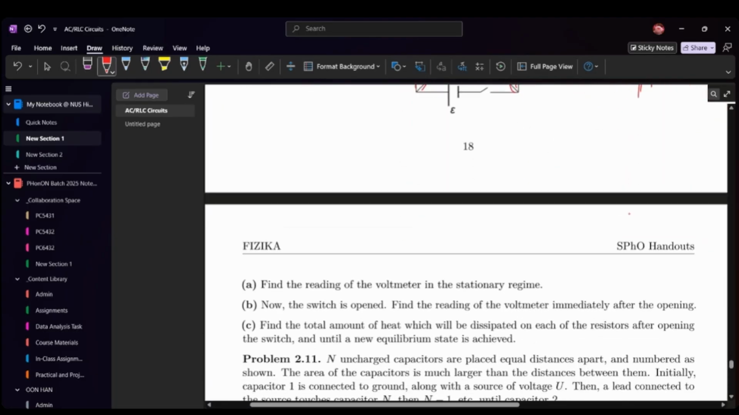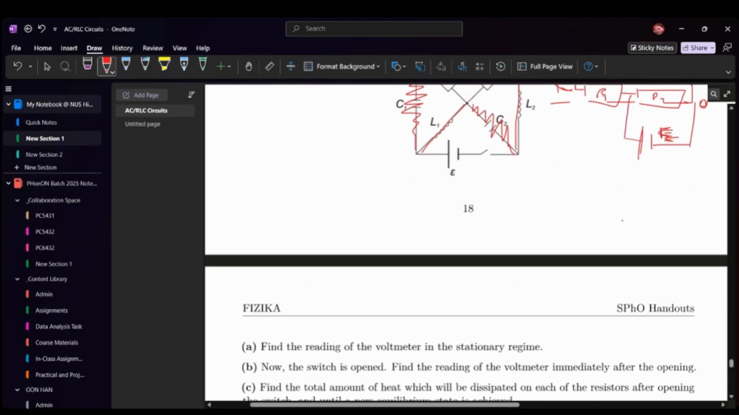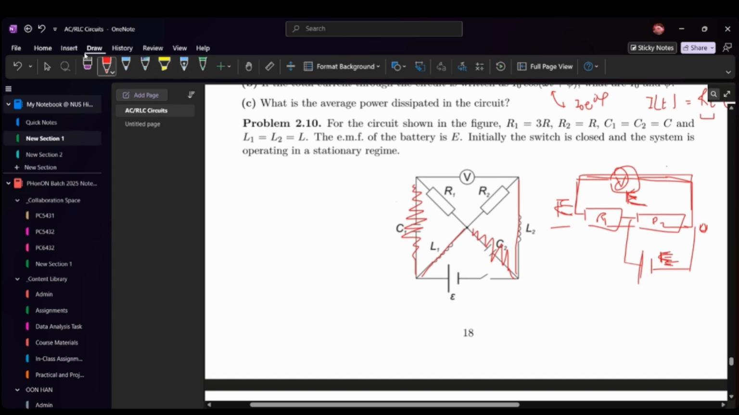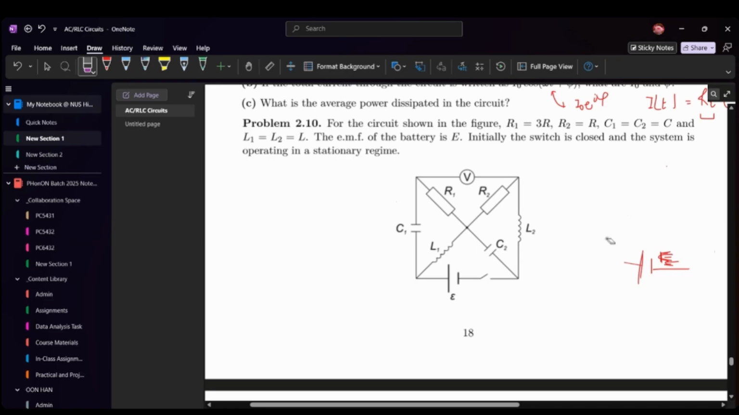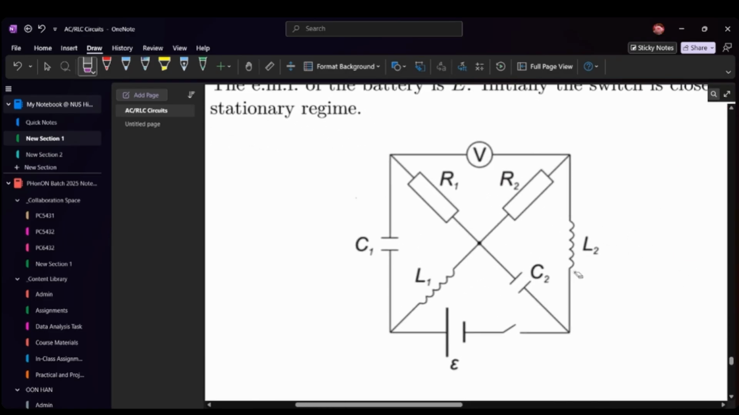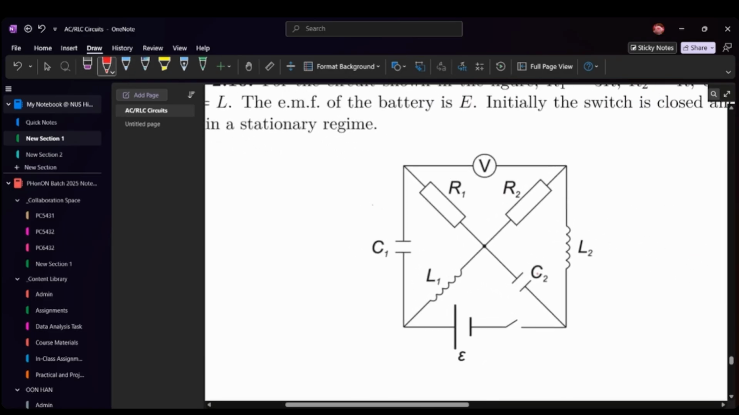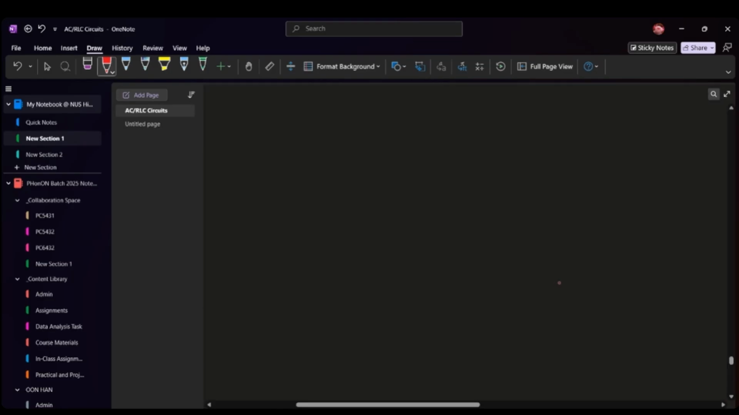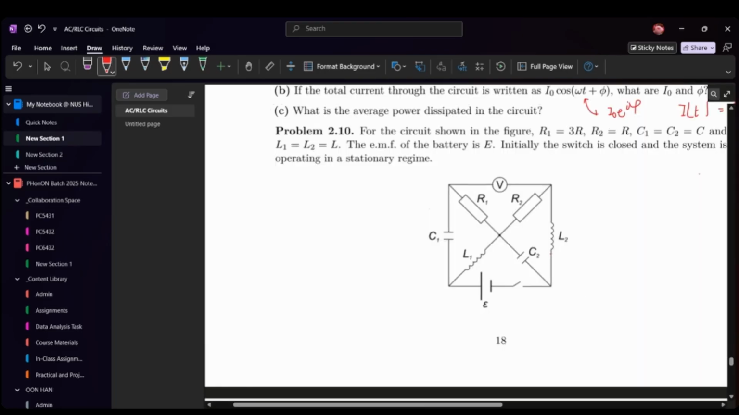Yeah. Then after that, the switch is open. And what you want to do is find the reading of the voltmeter immediately after the opening. So what you need to exploit is again the conditions that we have. This thing is immediately opened. So what we need to do is first calculate the voltage drops. Yep. So then,